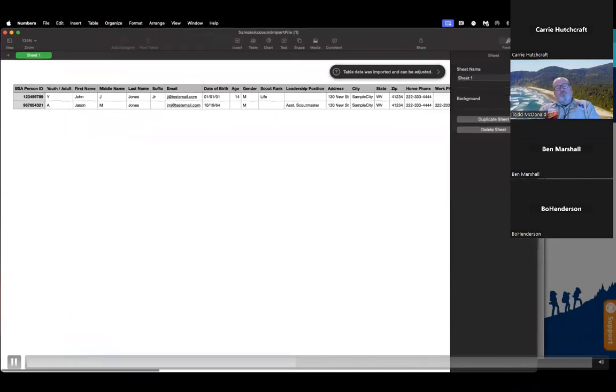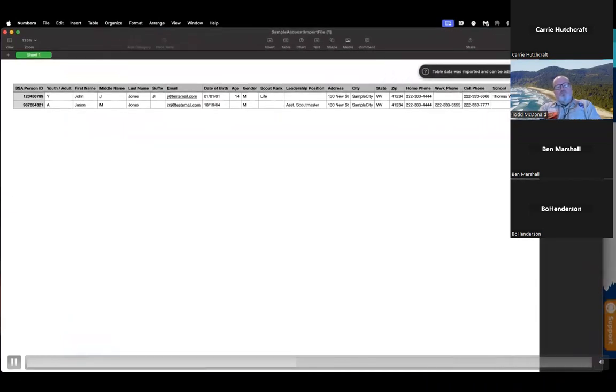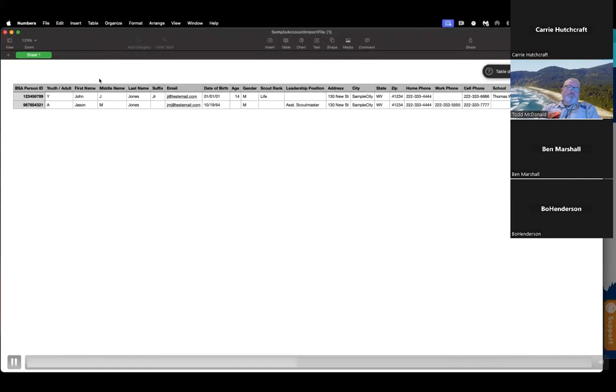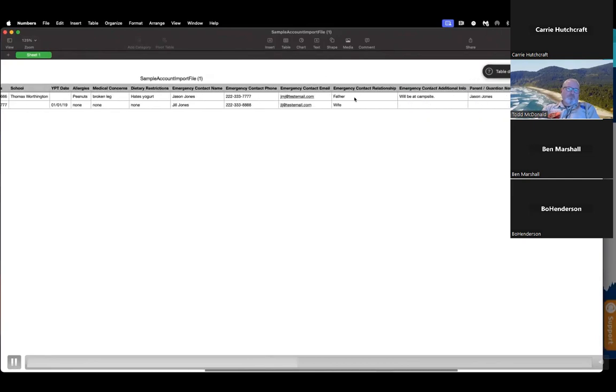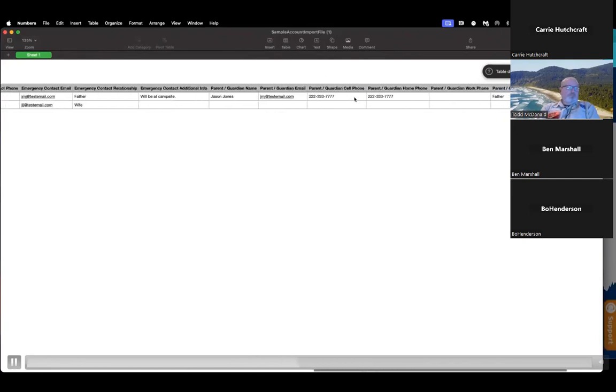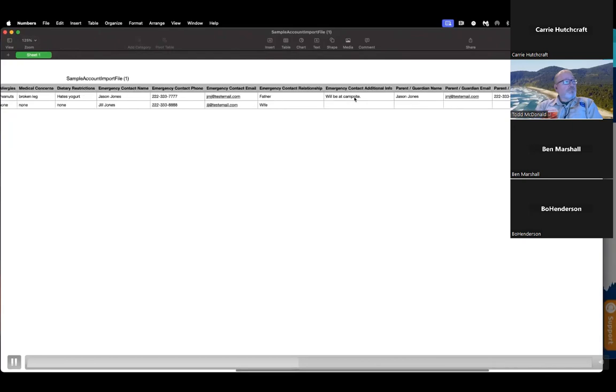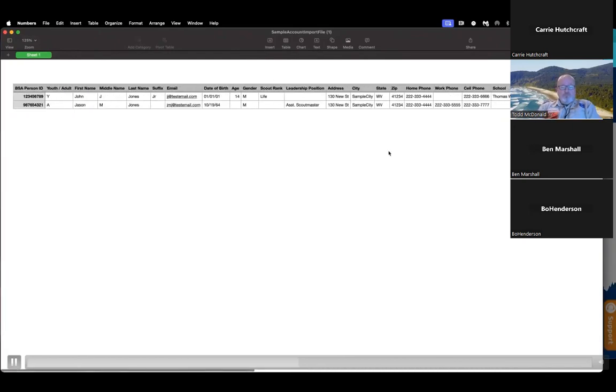There's a lot of information that can be recorded in here. You do not have to have all of this information, but when you're registering, these are standard fields that are commonly utilized. So you can pull in this information that you've pre-entered into a roster instead of having to type it into the registration.